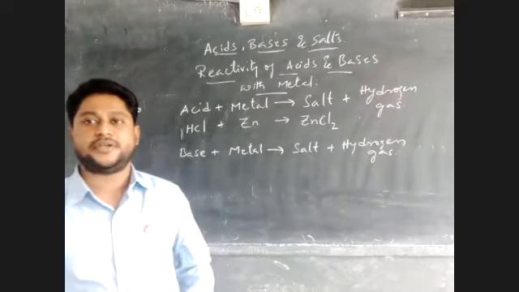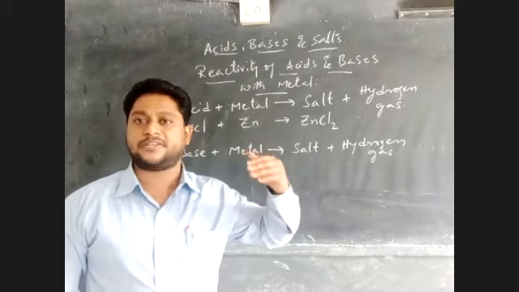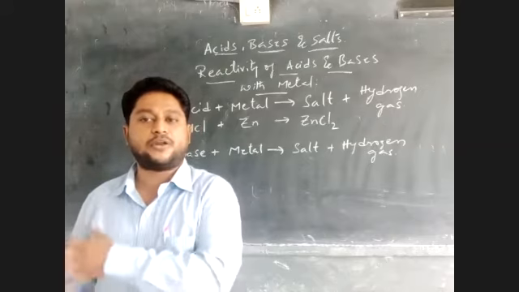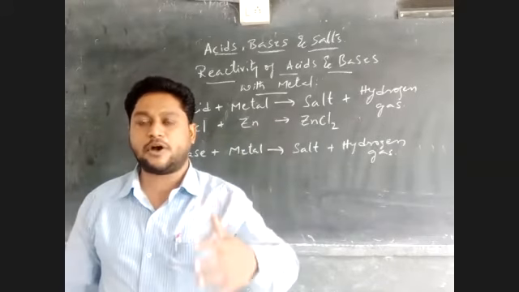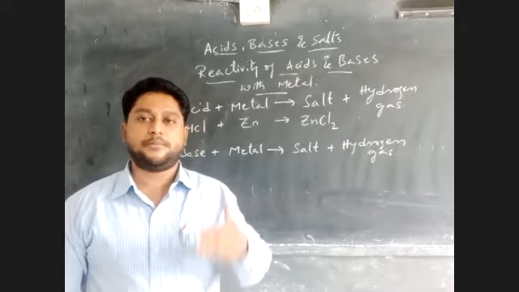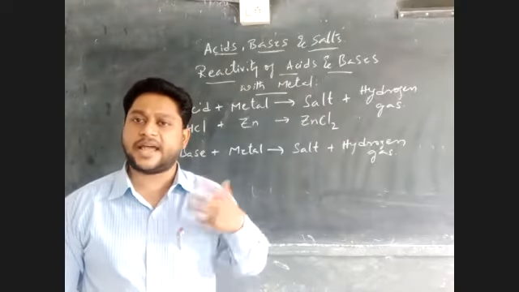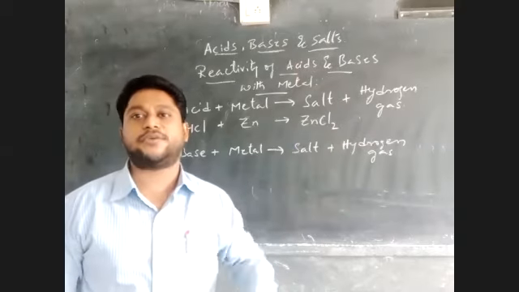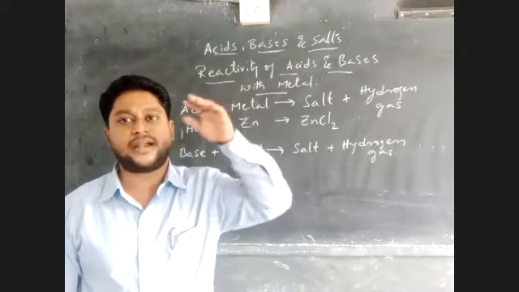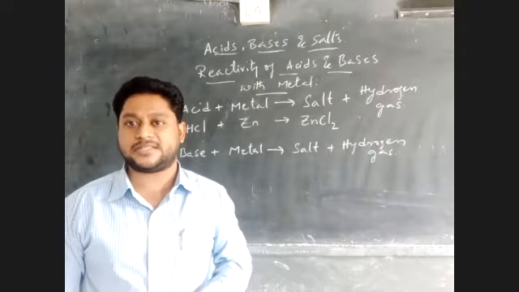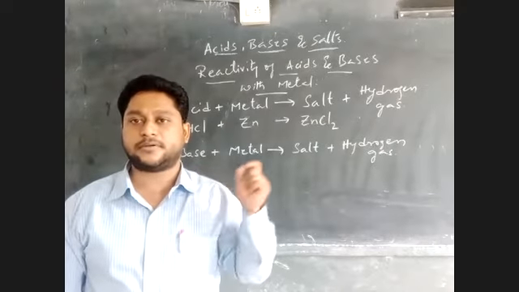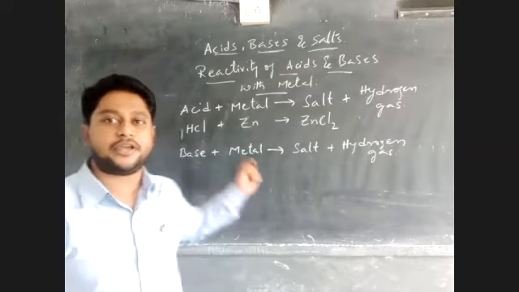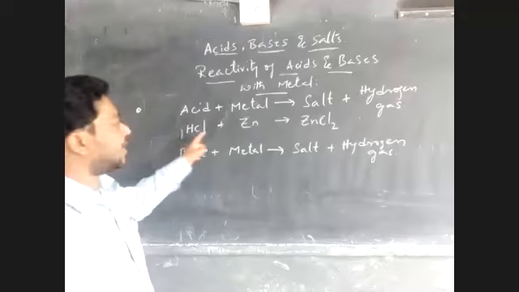The metal reactivity series: potassium, sodium, calcium, magnesium, aluminium, zinc, iron, tin, lead, hydrogen, mercury, copper, silver, gold, and platinum. The metals above hydrogen are highly reactive. Metals below hydrogen are less reactive. From top to bottom, reactivity decreases. The metals above hydrogen displace hydrogen from acid. These were the topics we discussed in the bridge course, so recall the metal reactivity series to understand this reaction.